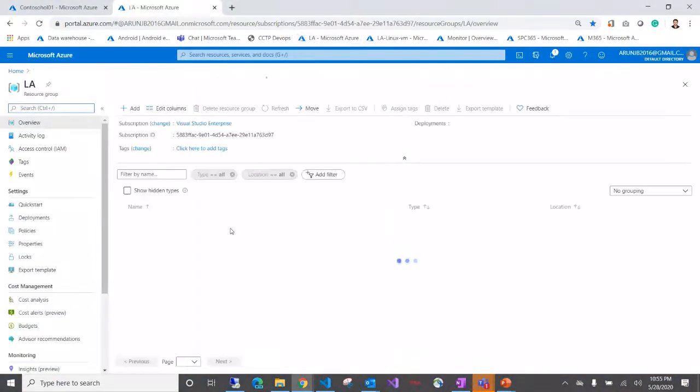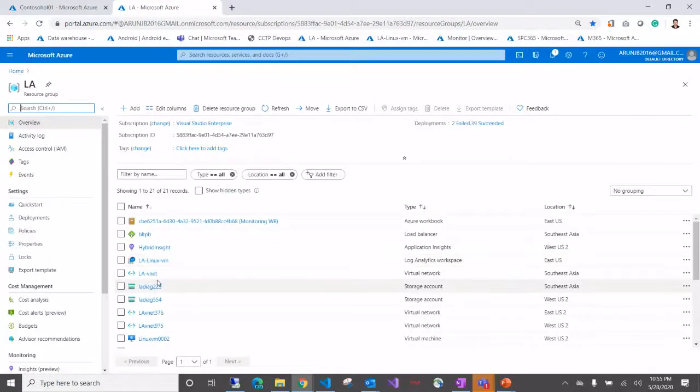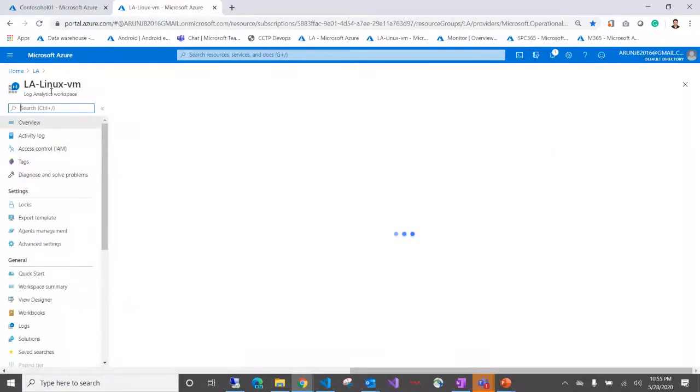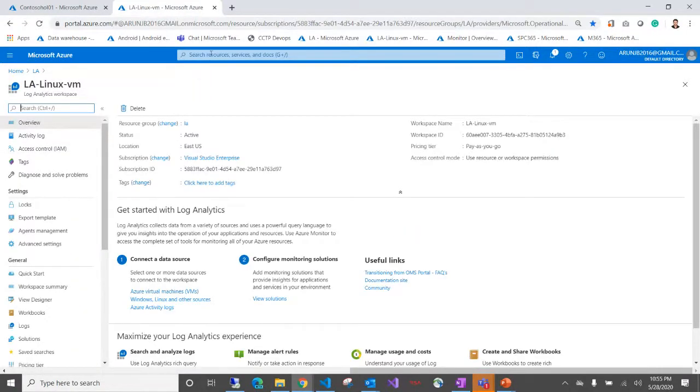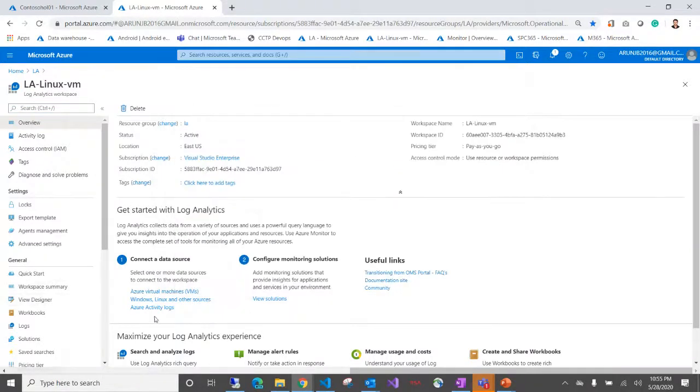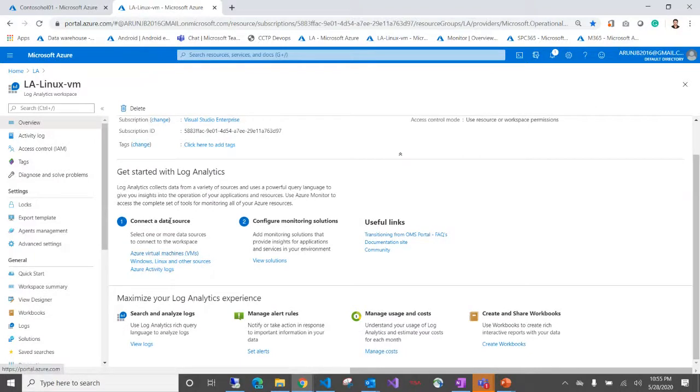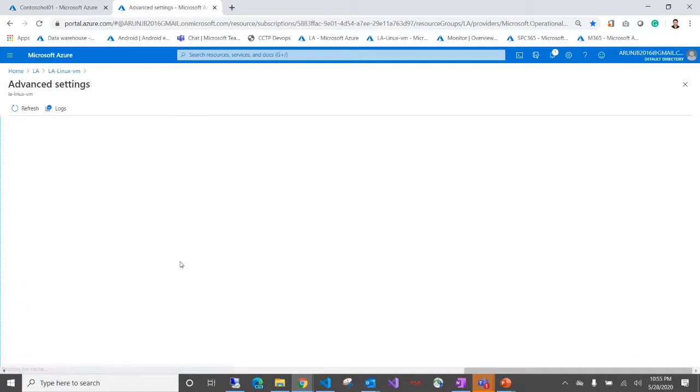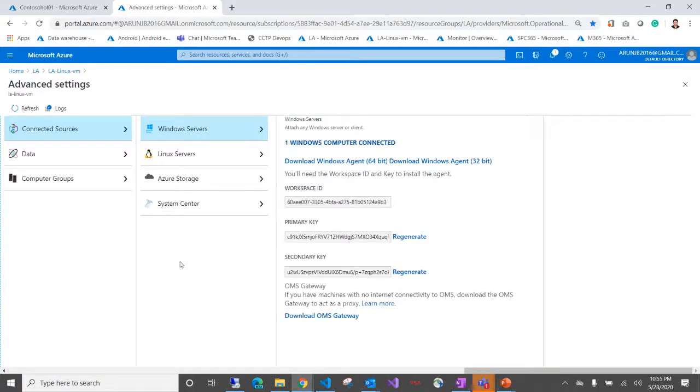I have created a resource known as a log analytics workspace. This is what a log analytics workspace is. We can go and create it, add a resource, and add a log analytics workspace. Then there is a Connect to a data source option available. We can connect to an existing Azure machine, or Windows, Linux, and other resources. I don't have a physical machine, but I'll show you how you can connect to a physical Windows or Linux server in case you have any.